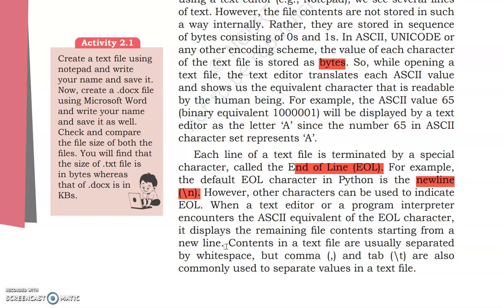Now this is simple, don't be confused. If I am typing a line, just a sentence for example, now the interpreter, that is when we are talking about Python, the interpreter we are using, after it converts this ASCII equivalent, the EOL, it starts displaying the contents remaining.